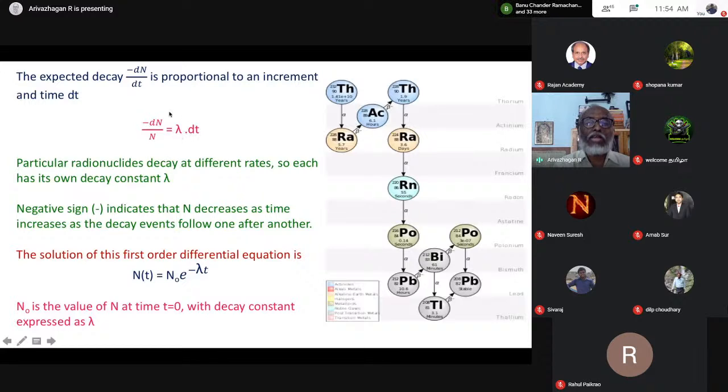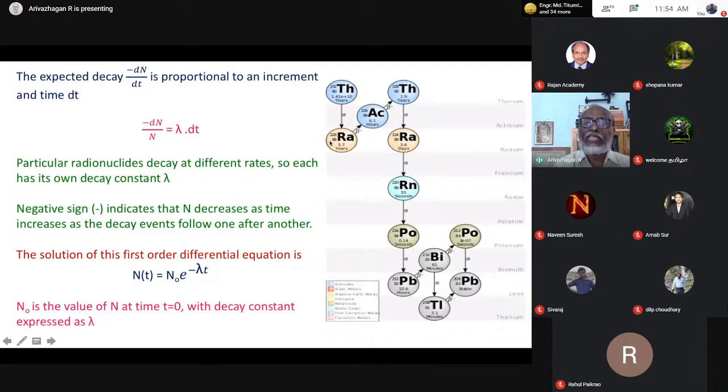What is lambda? It is called a decay constant. There is a proportional symbol, so I make this proportionality into an equation by introducing a constant of proportionality, lambda. So lambda is a decay constant. It depends upon the different material, because as I already told, it's a continuous process. See here: thorium to radium, radium to actinium, thorium, then radium, then radon, then polonium, so different metals.